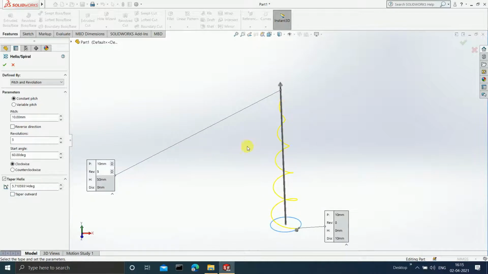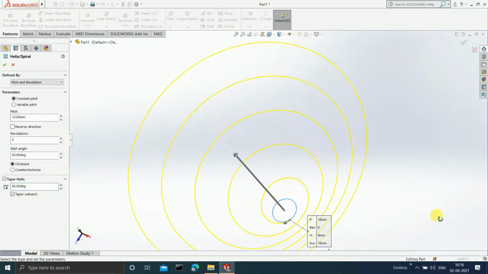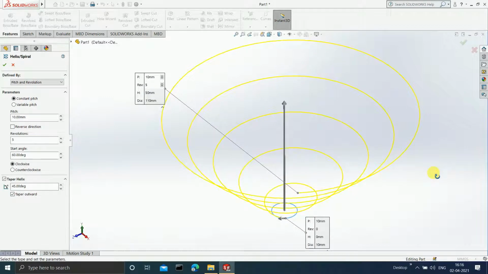It is tapering inward, and if you click on this, then you are getting tapered outward. Here you can define the taper angle. Suppose if I make it 45, then can you see? Now it is increasing. It is appearing somewhat like a cone. Now let's deselect this option.